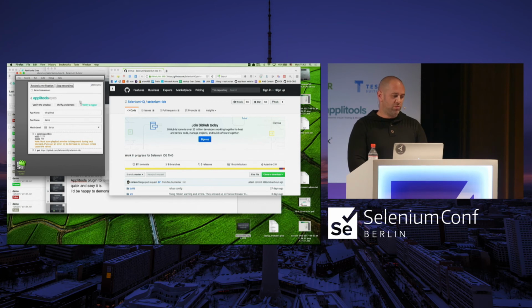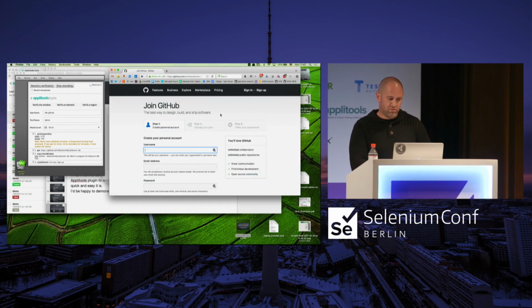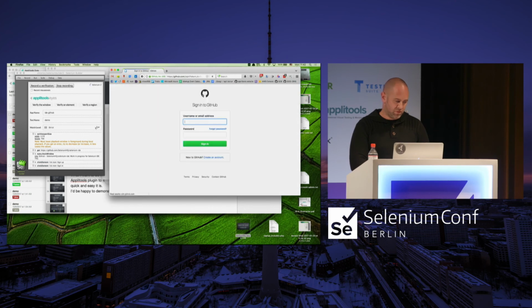And then I like to begin with the initial state. I just take a screenshot of the initial window, of the initial display. Then I'll go to the sign up page of GitHub. I take a screenshot here too. And then I go to the sign in page. I take a screenshot here. All I have left